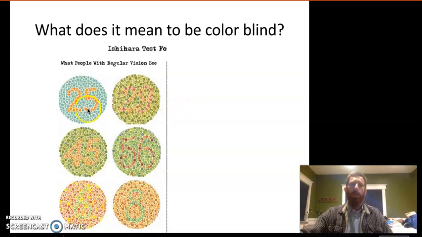So if you're not colorblind, you should be able to see that this says 25, this says 29, this says 45, 56, this says 6, and this says 8, right? Now, if you are colorblind,